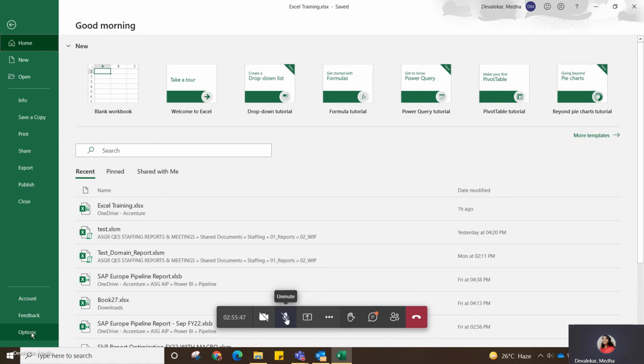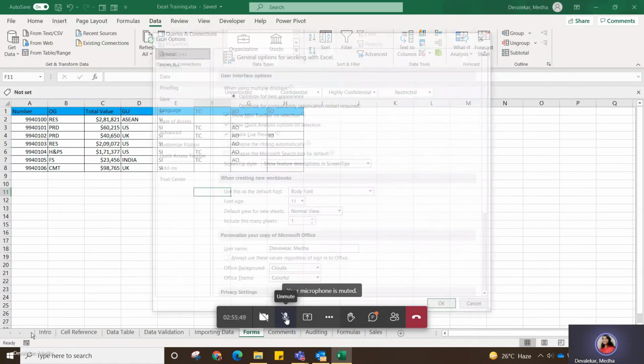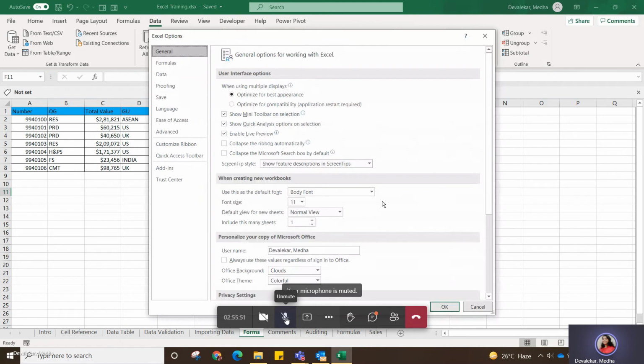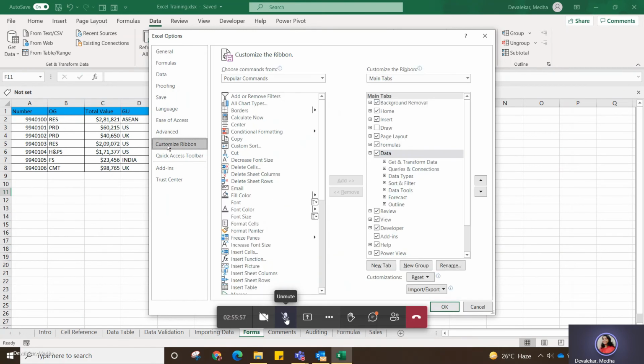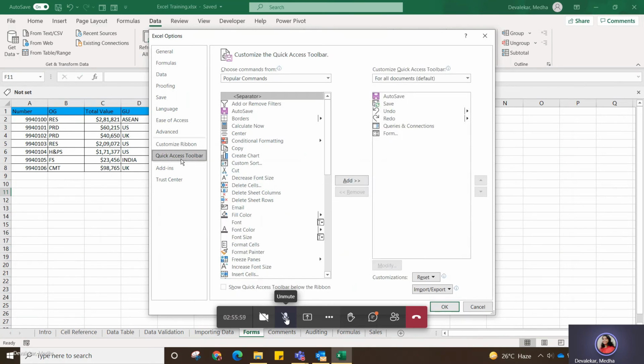Are you able to select that options? Yes. Now you got this window. Okay, then go to customize quick access toolbar, the last one.